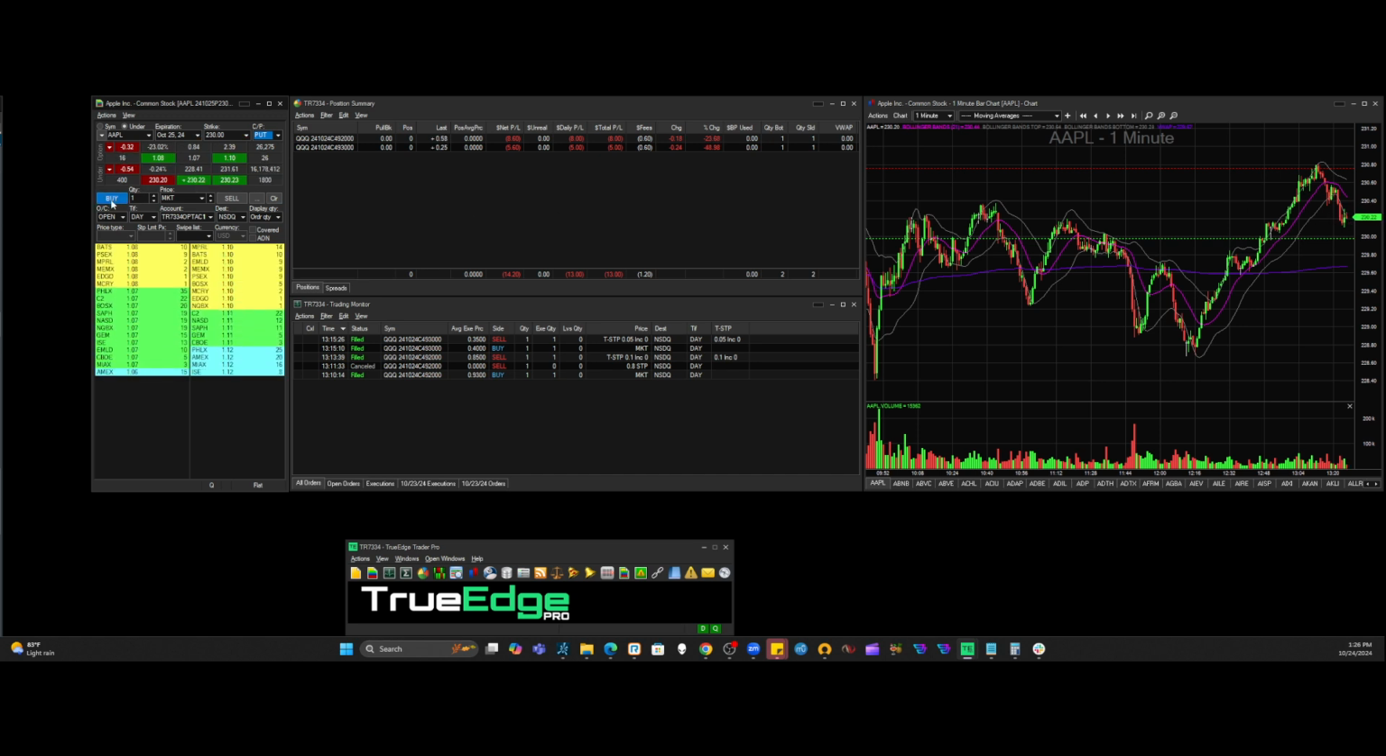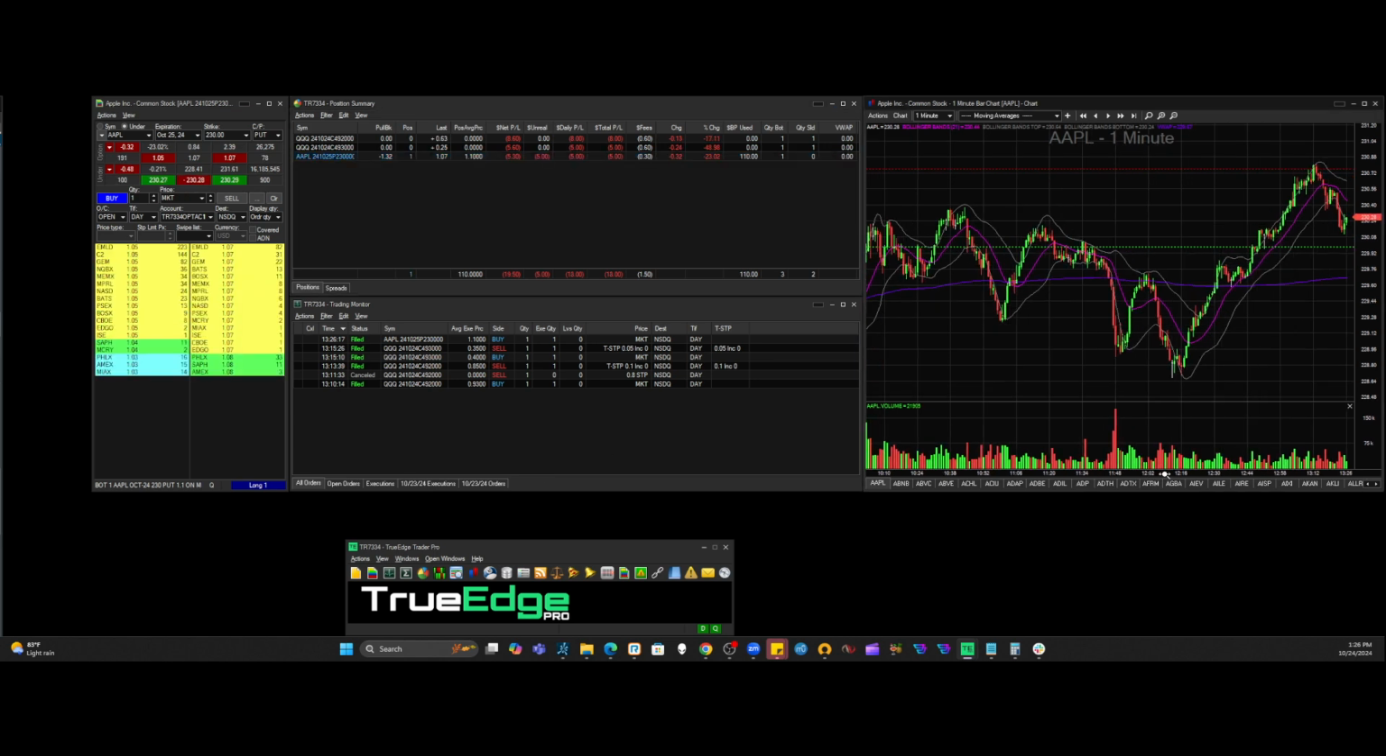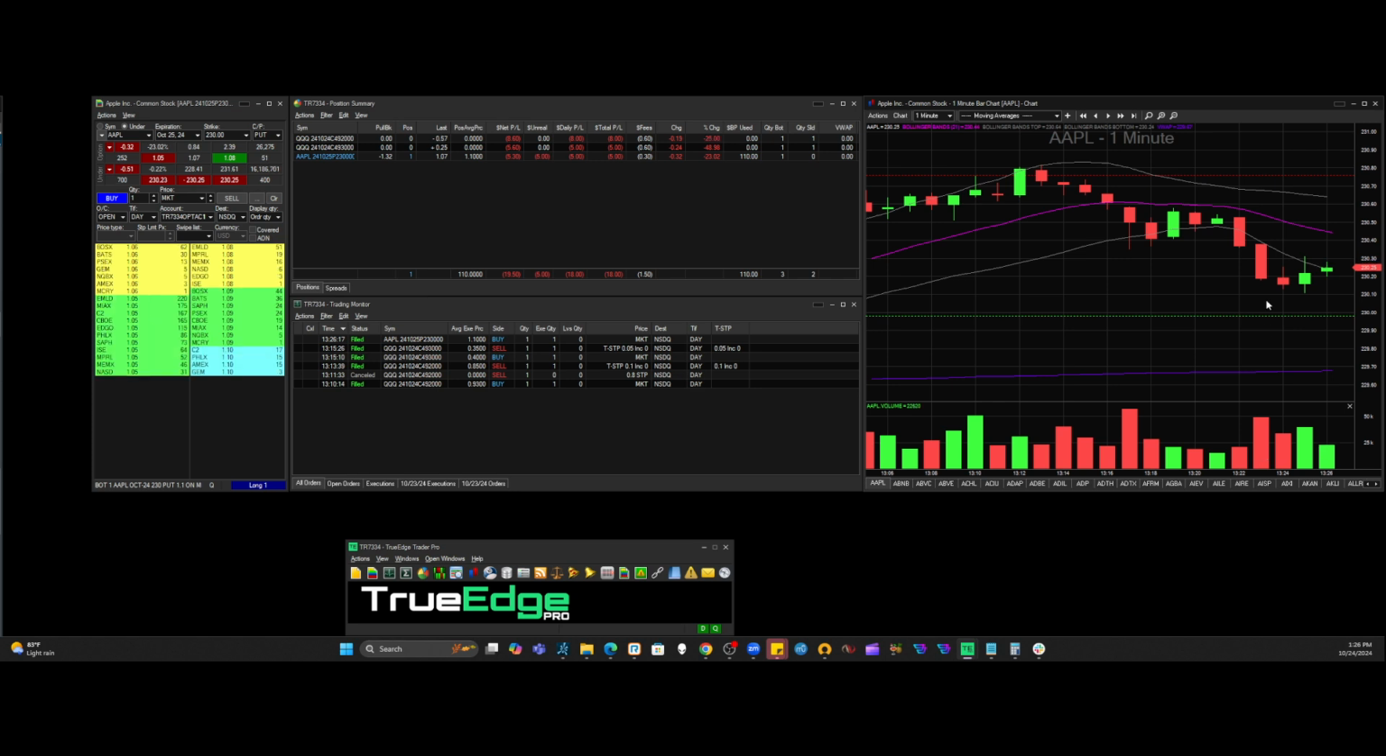I'm going to buy the 230 put that expires on October 25th. So I just got that option. I'm going to highlight it right there. Now that I bought that option, I want Apple's price to go down because I bought a put, but Apple's price is going up. Now, what if I decide that if Apple's price goes to